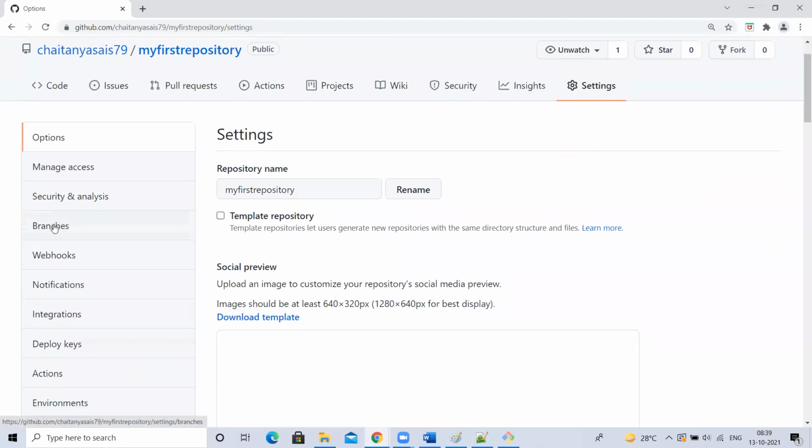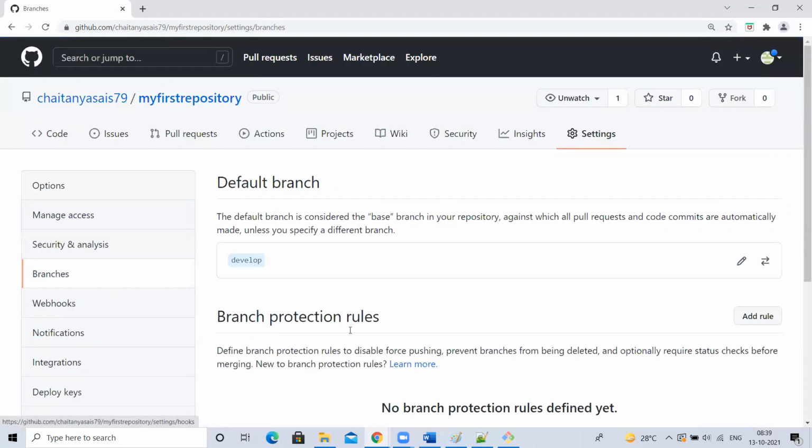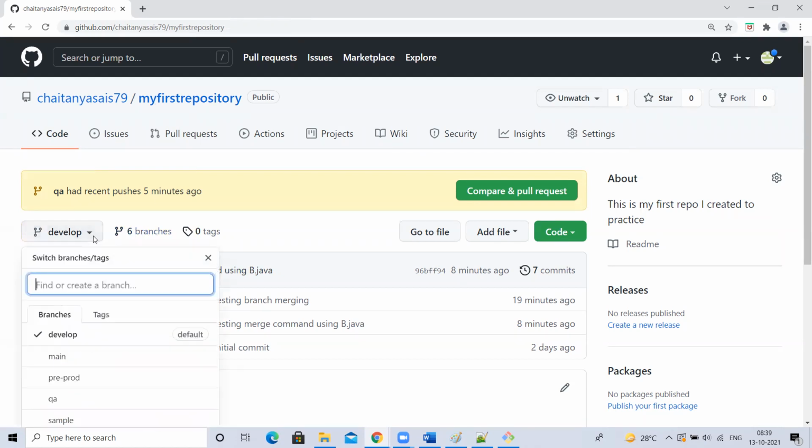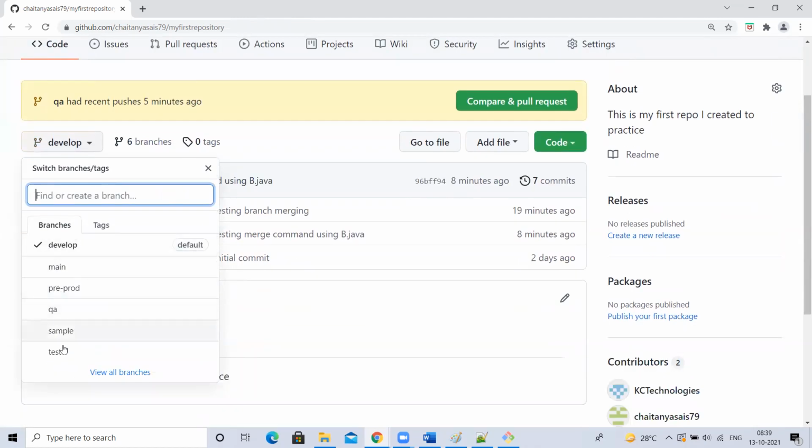Okay, I'll show this later. Earlier it was in the branches. If you go to branches itself, here it is. Sorry, I was thinking of here. The UI has changed a little and I got confused. So here there are some branches, total 6 branches available: 1, 2, 3, 4, 5, 6.